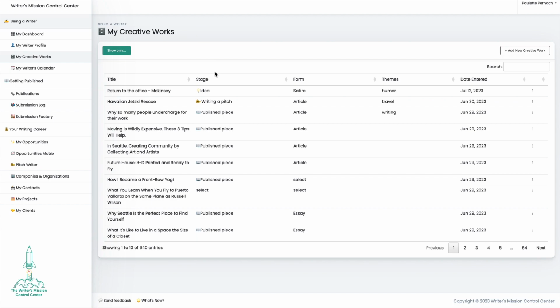Here is really where the meat of the Writer's Mission Control Center is, and that is in my creative works. So this is where you can see all of your work. I have 640 entries here, everything from published pieces to just sparks of an idea. So let's say I have a new idea, I can add a new creative work,